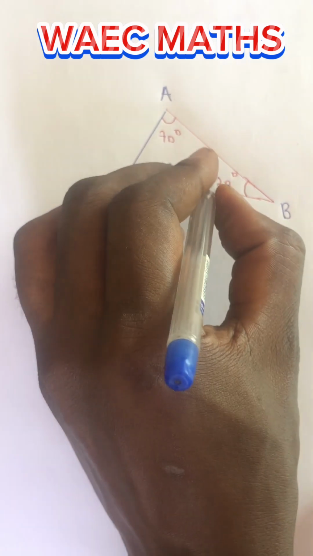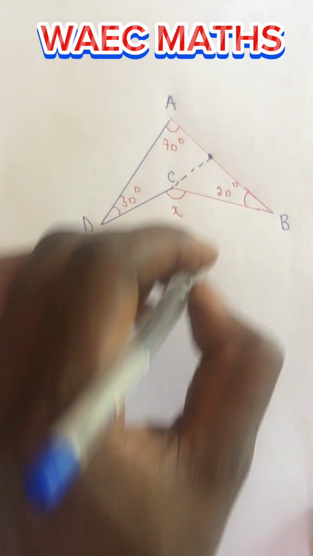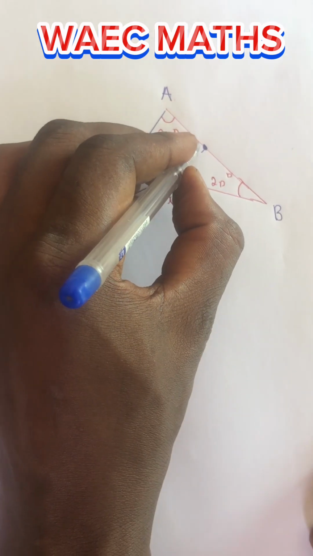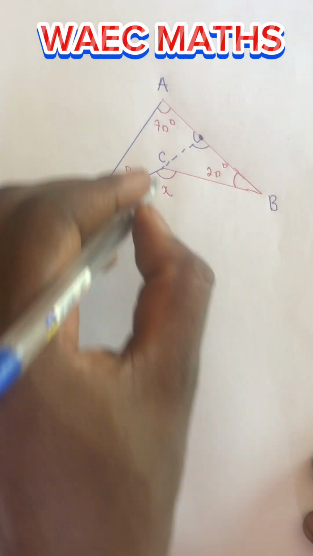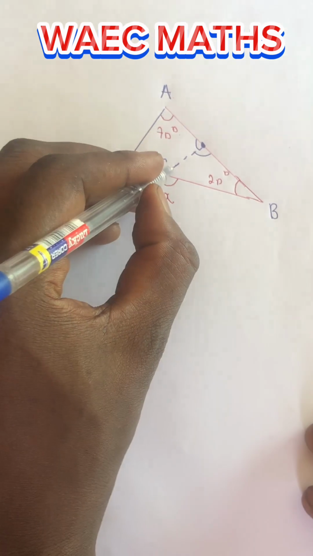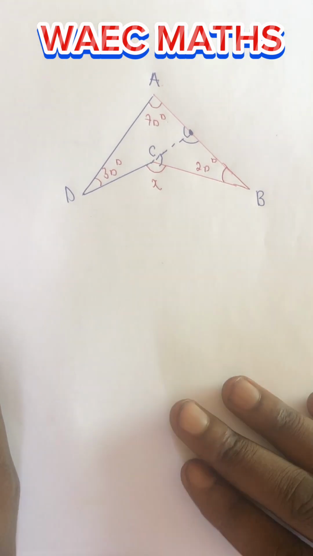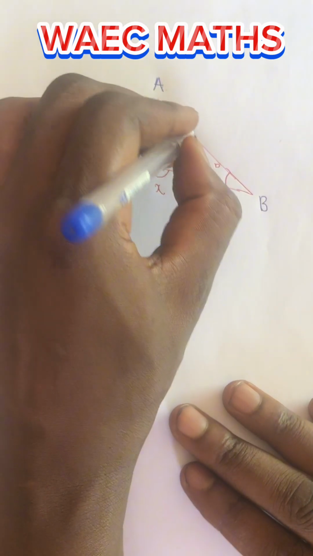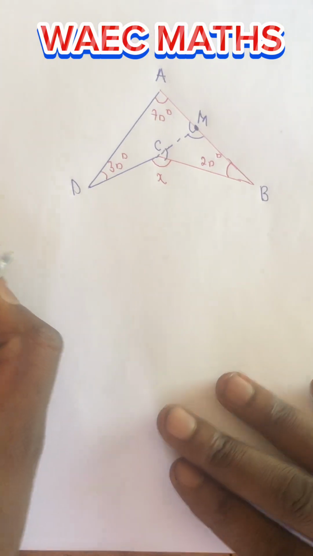Okay, so now this is meeting at this point. An angle is produced here, likewise an angle is produced here, and also an angle is produced at this point. Are we seeing it now? So now if I take it one by one, let me call this place M. So if I take it one by one,